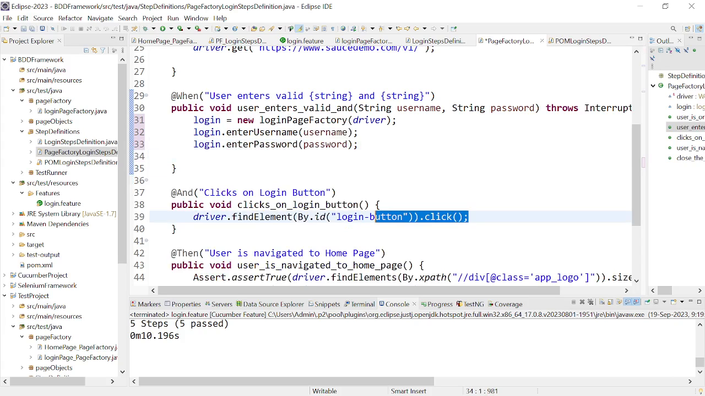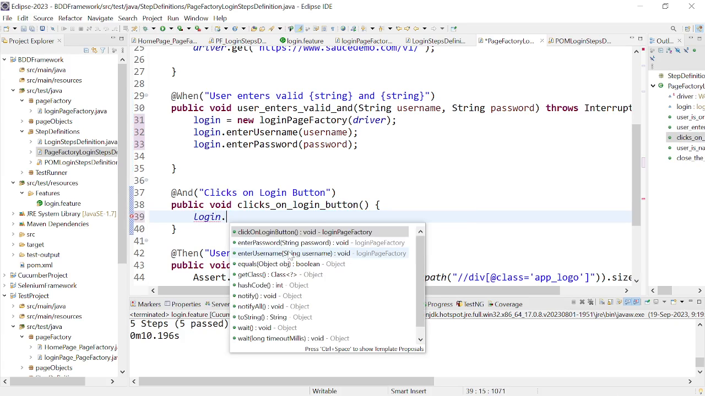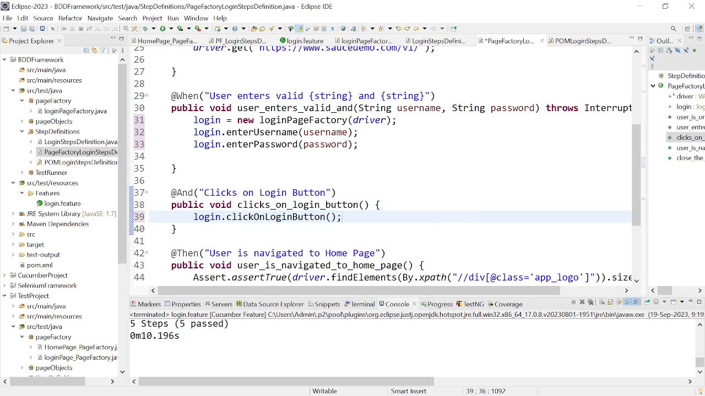Now here we are going to use the same thing, login, and we will be clicking on the login button. Okay, and we have already identified the login object and everything inside. So this is the method which will actually enable us to click on the login button. Okay, now similarly